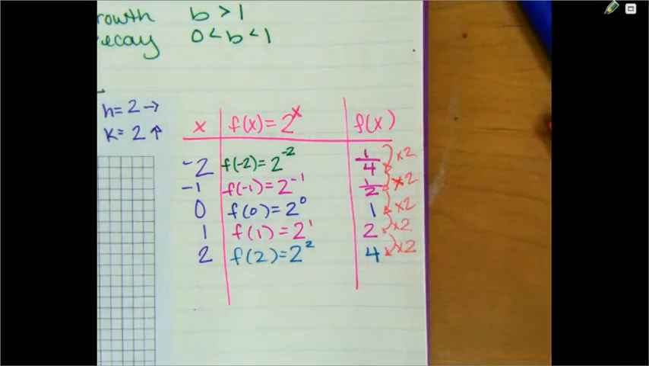We're going to graph this. So your ordered pairs are -2